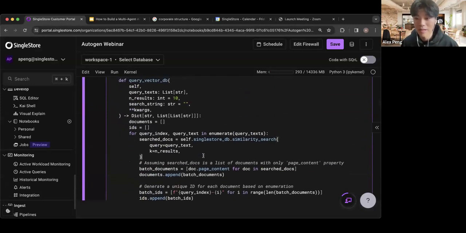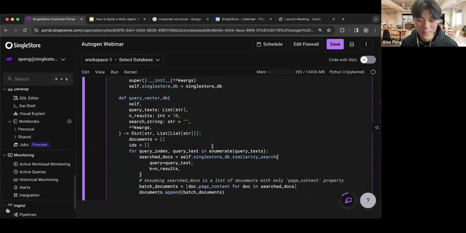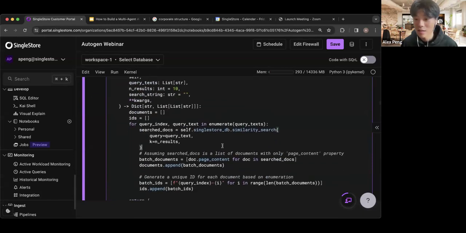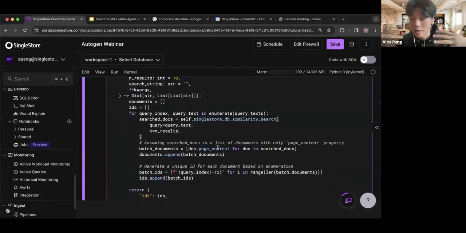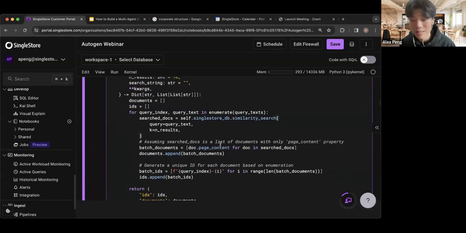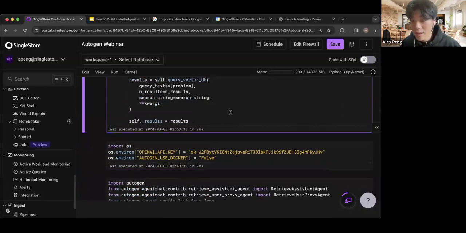The details of it, I'm not going to get too into the weeds of, because hopefully everyone is more interested in the applications than the actual implementation of a data integration. But if there's questions about that, I'm happy to dive into this. But at a high level, what it does is it just wraps around the LangChain integration with SingleStore and performs similarity search whenever the agent is requested to retrieve the most relevant context for the conversation that the agent is in. So that's what it does at a high level. But once we've defined that agent,